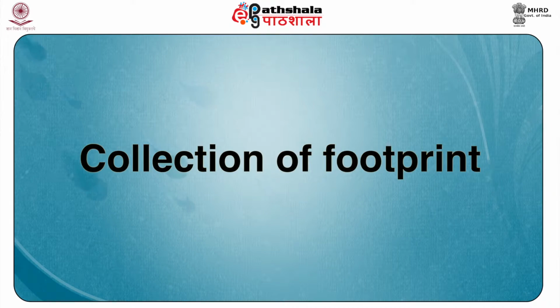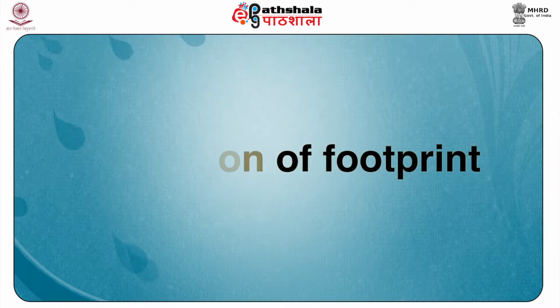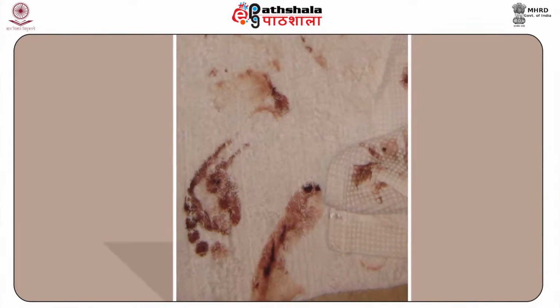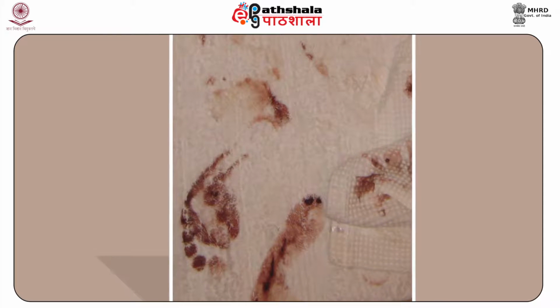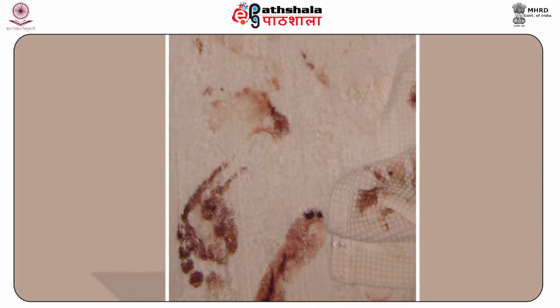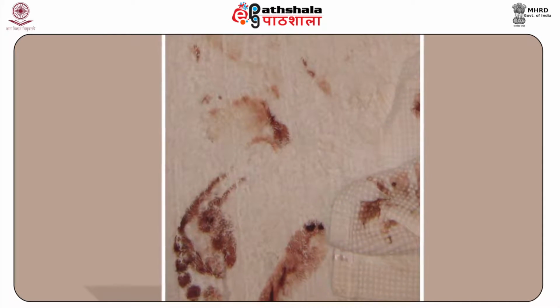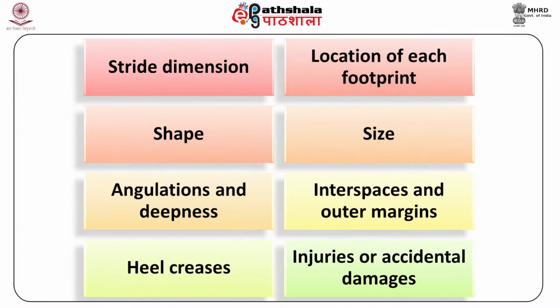Now, we will study how footprints are collected. Footprints can be considered a type of evidence, and collection can be done from various crime scenes. The strike dimension, location of each footprint, its shape, size, angulation and deepness, interspaces and outer margins, heel, creases, injuries